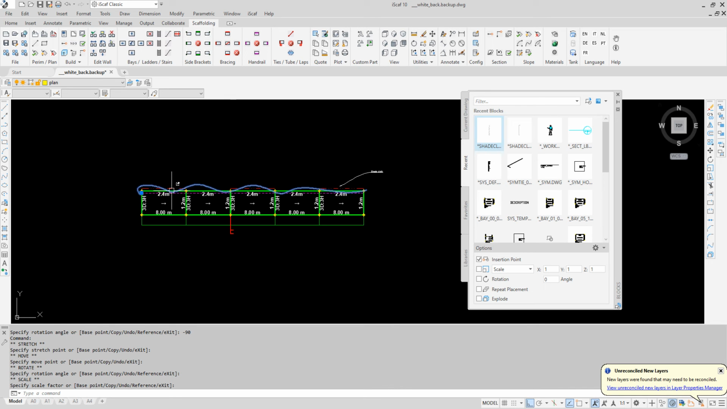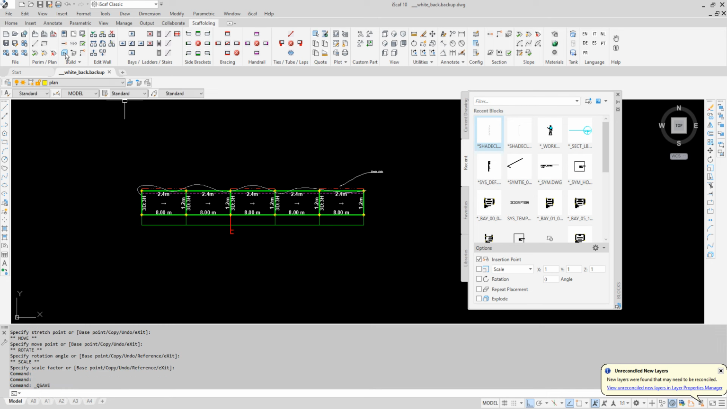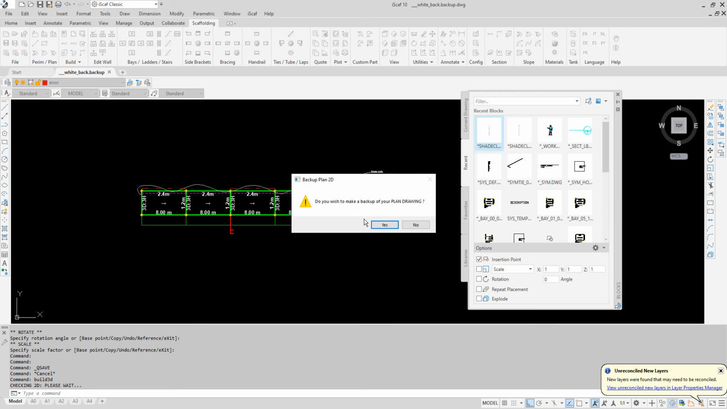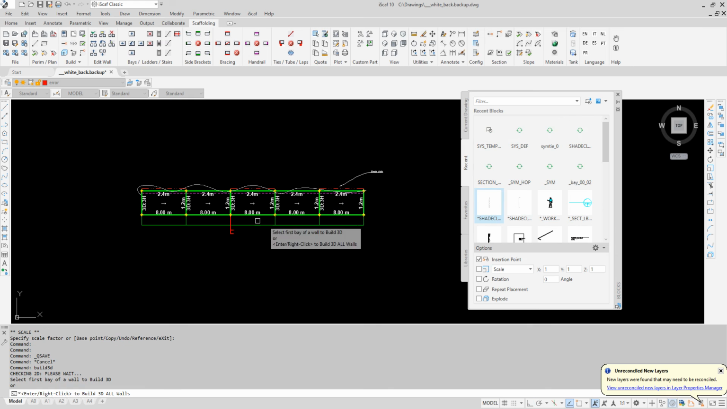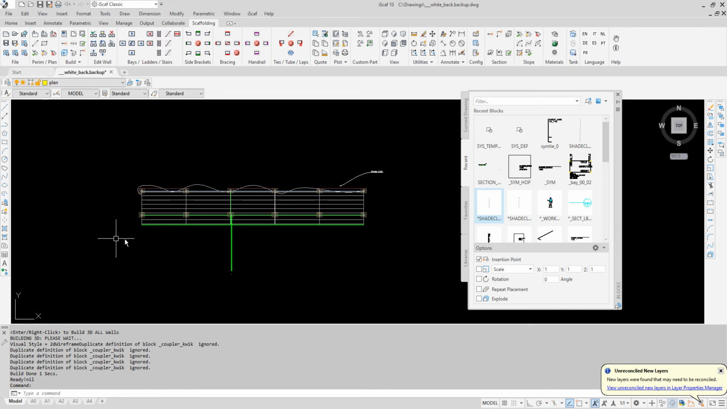So in the same way, you can add shade cloth to your elevation drawing. So to do this, we're happy with this. So let's actually save this as our plan. And we're going to build 3D on it. So we want to save this plan drawing as a block. Of course, we right click to build everything. And then we can actually build the elevation as we would normally. Now we've built, this is actually